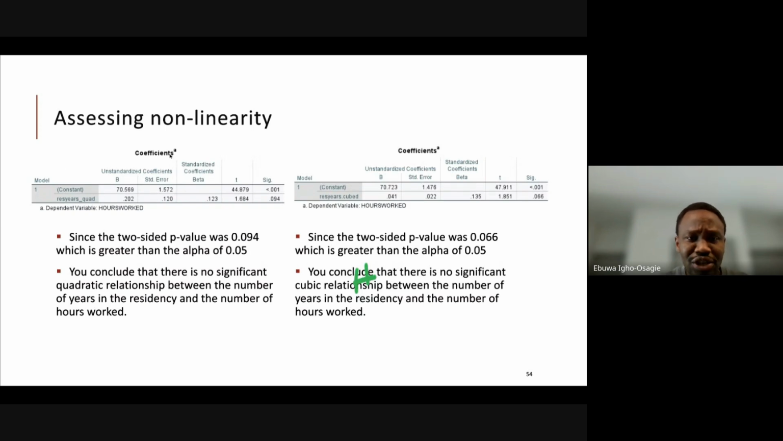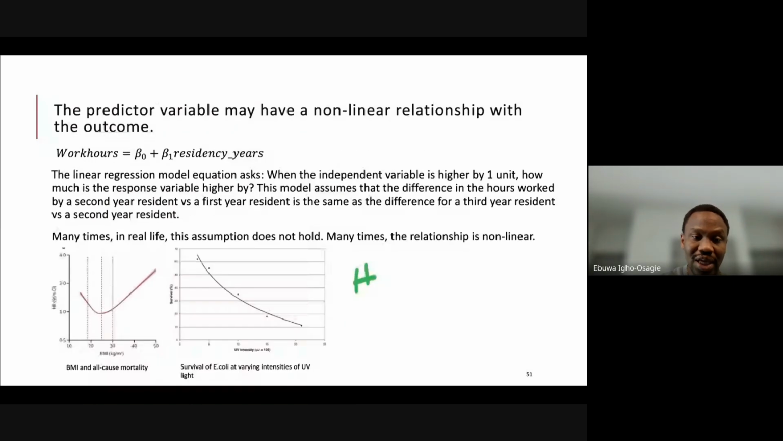So assessing non-linearity: since the two-sided p-value was 0.09, which is greater than 0.05, you conclude there is no significance. I think what this slide is showing is that you want to address your non-linearity, you run your model, and then you look at whether there is significance between the models. And this is not hard and fast, to be honest. Maybe what we should do is show that graph that says what you should do depending on the relationship of your x and y when you do your post estimation